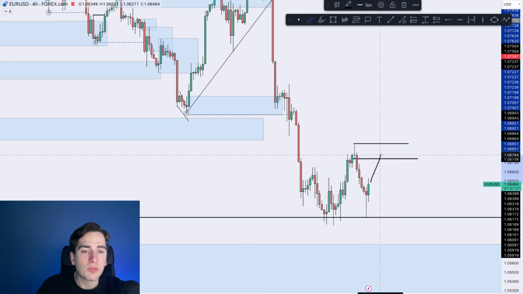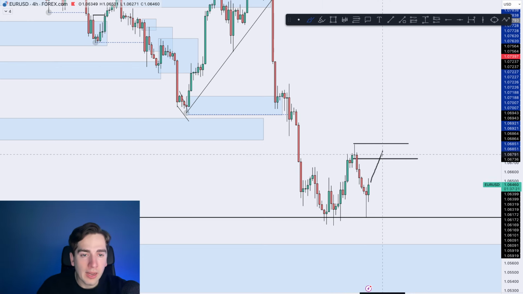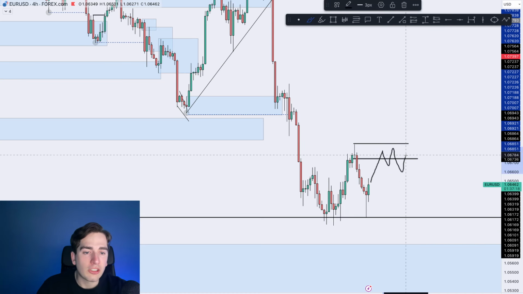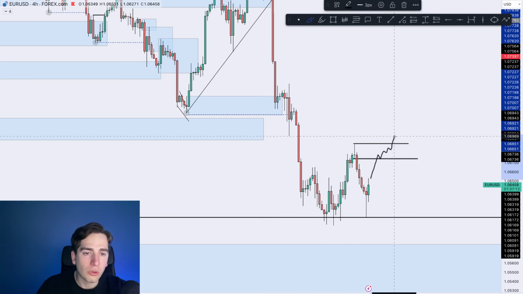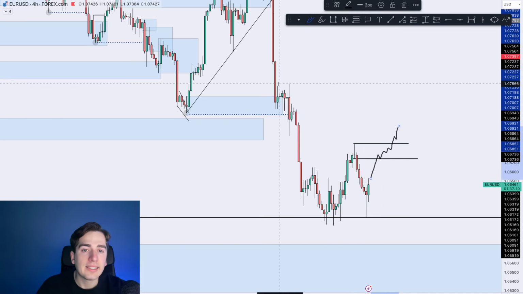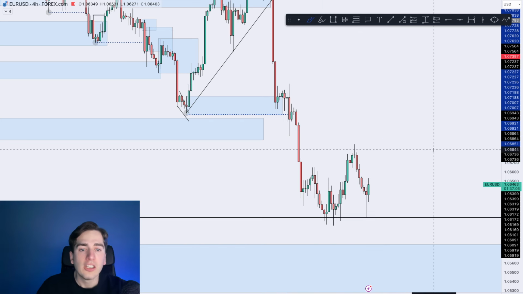So let's see what happens if we start pulling back up, and then what the 15-minute time frame will provide us with once we tap in towards that area of 4-hour supply. If we see a 15-minute change of structure, then we will be looking for a short. If the 15-minute just continues bullish, don't short at all and just wait for us to hit this higher area of supply, which is still fresh. So that's my game plan for Euro Dollar overall.